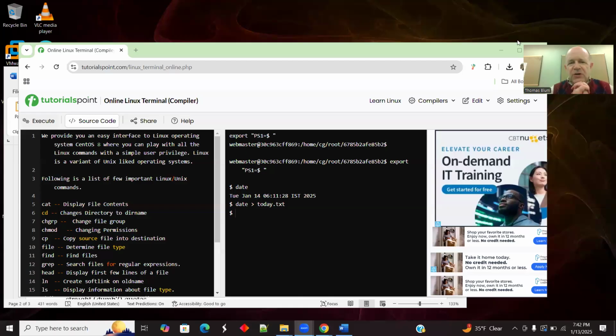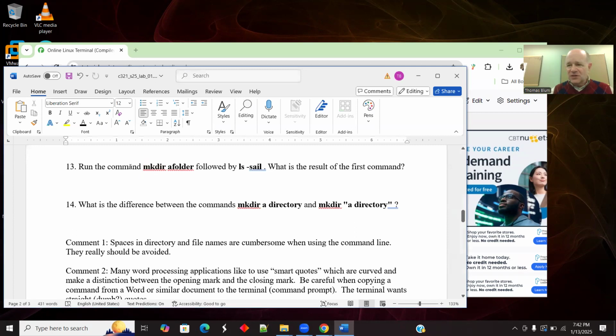In a previous video, we were running this tutorialspoint.com Linux terminal, and we had created a file. We had run the date command and redirected its output into a file, today.txt. So I've quickly recreated that here. We're at tutorialspoint.com. I've run the date command and redirected it into today.txt. Now we'll continue on with this exercise of getting our feet wet with a Linux